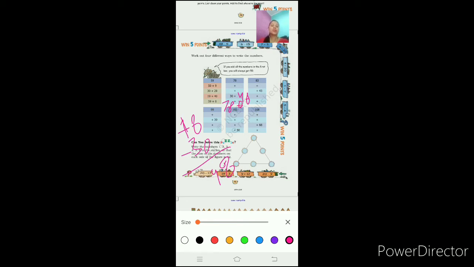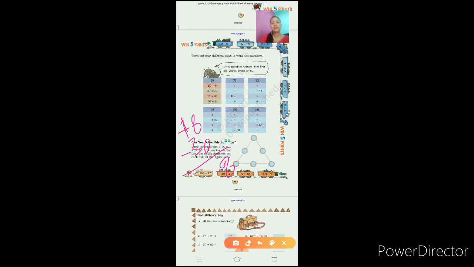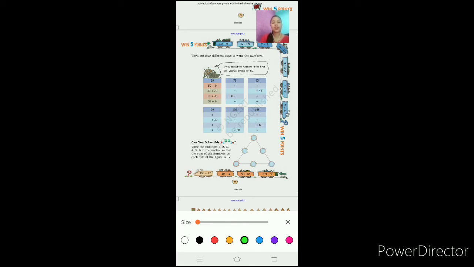Okay, 78 + 0 is 78, as in the example. You can take it also. So there are lots of combinations of 78 and you have to find them. Okay, next is 83. So how can you write 83? First expand it. So it's 80 + 3. Yes or no? 83 is 80 + 3.